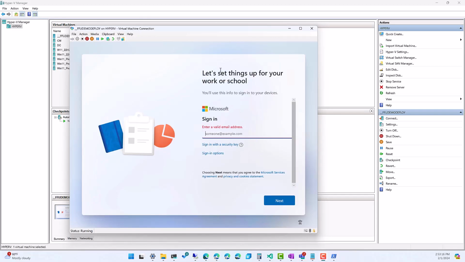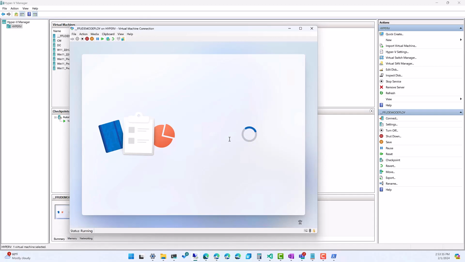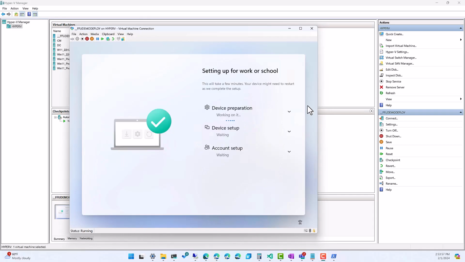Okay, let's sign in with our student account, which is just going to be a standard user account. And let's sign in with our password. So now we'll do the device setup, and we'll eventually get into the enrollment status page once this completes. So now that we're at the enrollment status page, we'll see that we've secured our hardware, we've joined our network,